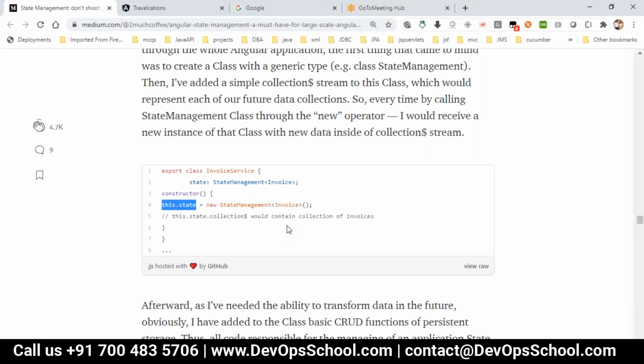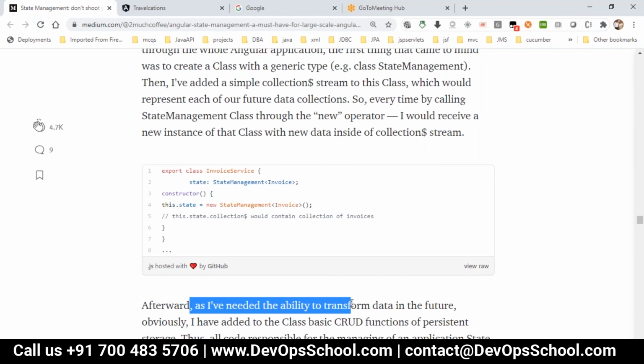Yes, we can go with input and output decorators, as you have used for the employee application. If you have siblings, or you don't want to go with input and output, we have something called a shared service. By using the power of RxJS, what we have discussed till now, we can give the state of the code to multiple components. So by creating a new state management, the collection of our invoices will be stored in the state object, which is of type state management.